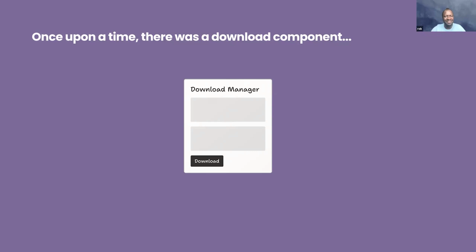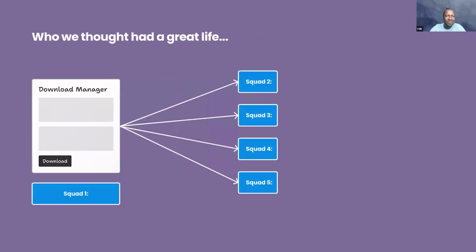Great. Handover's amazing. And so what we thought was happening was that the intention was that the first squad who picked up the work on the component would complete all of the work and make sure that it was then put into the UI kit so that other squads, should they need it in future, basically all the work is done.